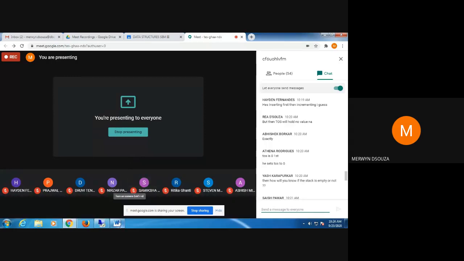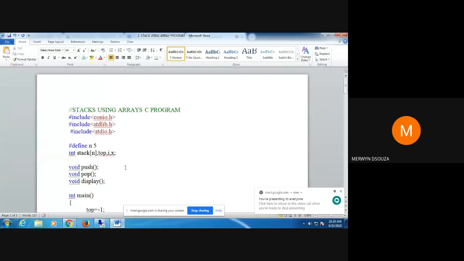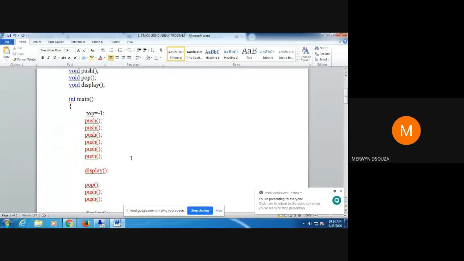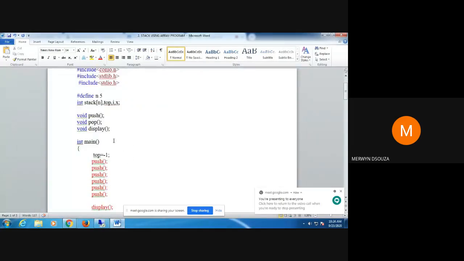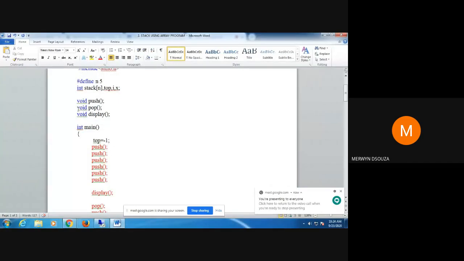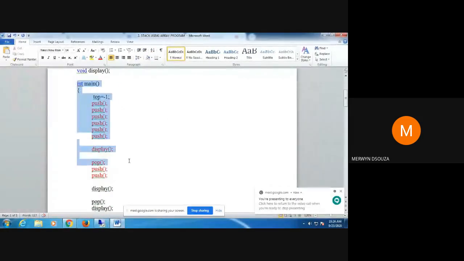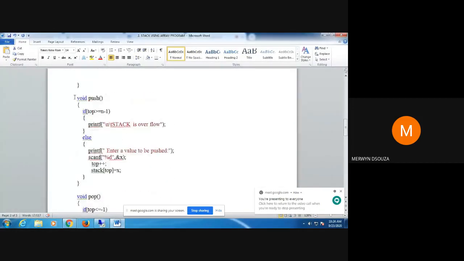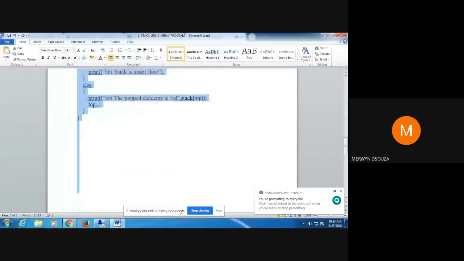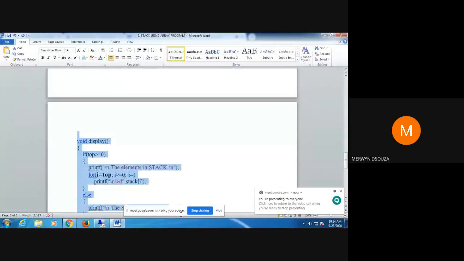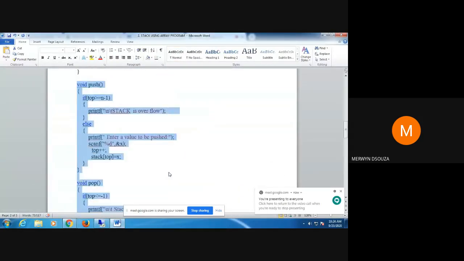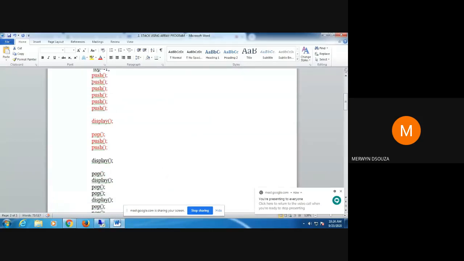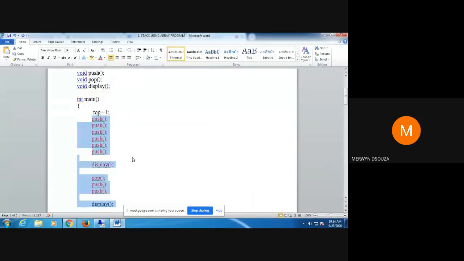Okay. I'll post this program. Before I end the class, I just want to tell you something if you all don't know. This style of programming that we have seen here is known as top-down programming. In top-down programming, your main function comes first before the actual functions are defined, and in the main function you're calling all those functions.